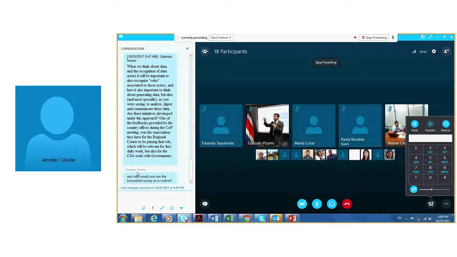Other things that we've been using that I think are interesting to establish baselines are micro-narratives. I'm not sure if the group is familiar with them, but it's basically a collection of hundreds or thousands of stories from individuals about a particular topic. We've been using it in Jordan to understand people's perceptions or feelings around employment opportunities or economic opportunities, particularly in those communities that are hosting Syrian refugees.